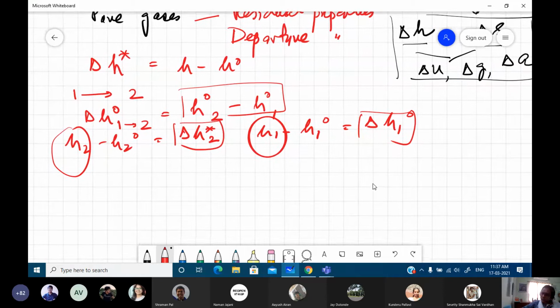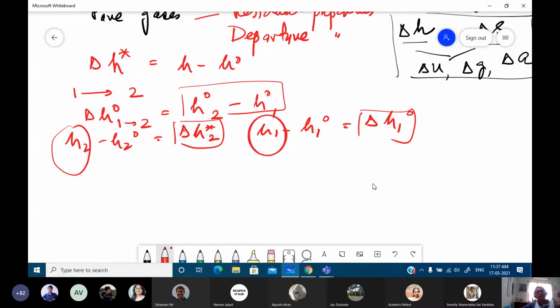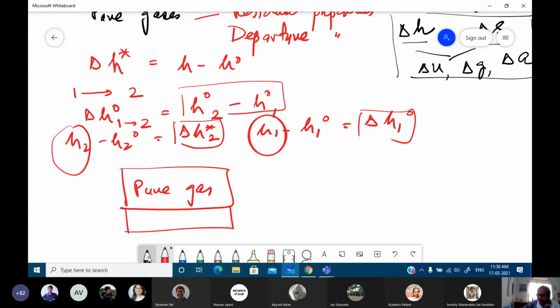So there are two things that we have. One is, instead of pure gases, we deal with gaseous mixtures. The other thing is, we not only deal with gaseous mixtures, we also deal with any system which is in different phases, right? So therefore we have to broaden up whatever we have studied to more and more unknown areas to find out properties under different varied situations. So suppose I take up the first situation. I have got a pure gas, and that particular pure gas is in equilibrium with, say, its pure liquid counterpart.